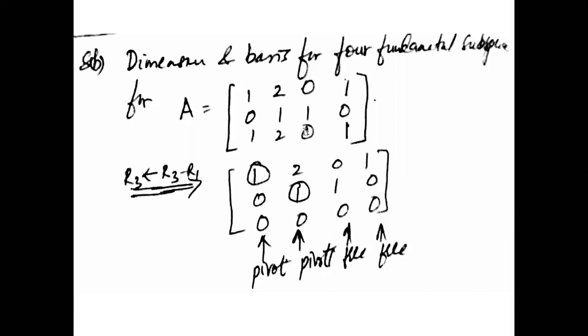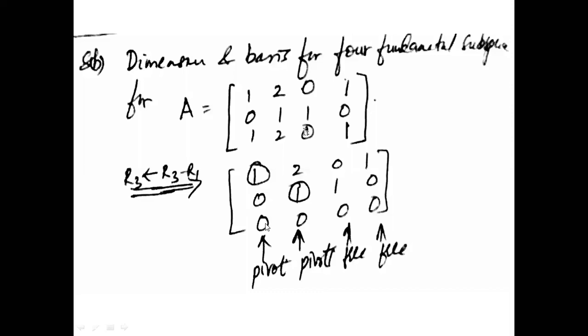So you can't find the dimension and basis as it is. Before finding the dimensions and the basis, we need to reduce the matrix into its echelon form. So I apply R3 as R3 minus R1. And once I do that, I can see that this is now reduced into its row reduced echelon form. You have an upper triangular matrix and all the contents below this are 0.